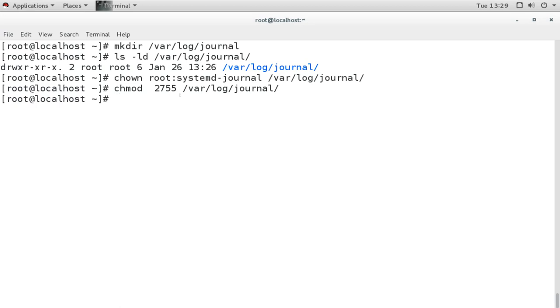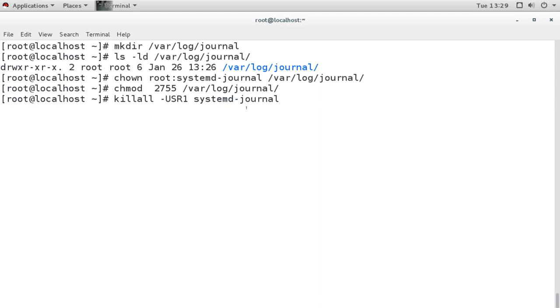Now to make it run, first we have to stop the service and then restart the service. First we have to kill all the processes related to this service. For that we will use the killall command. I am sending this signal to the systemd-journald service.